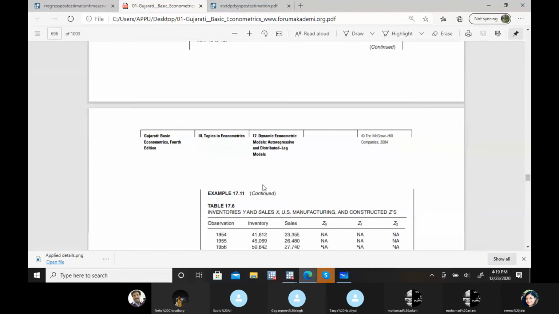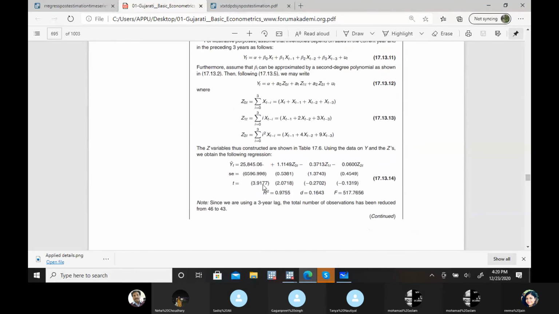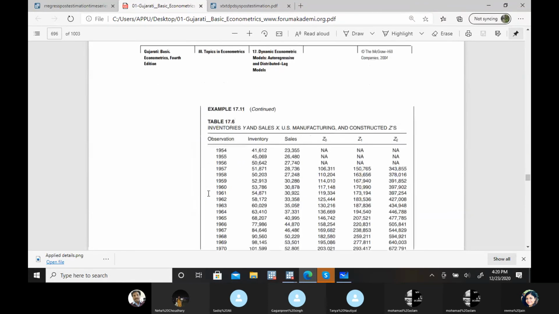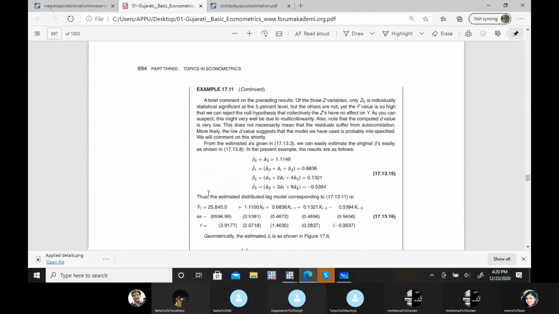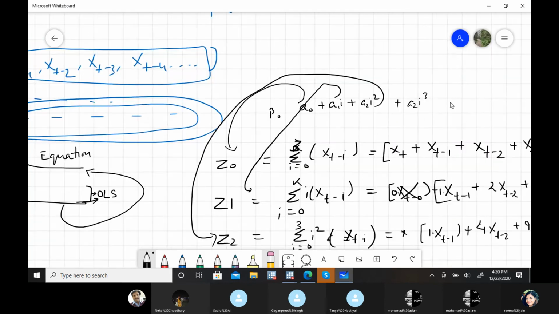Almon's approach, models with the Almon's approach. Let's say they have entered this, and these are the z coefficients. They are a0, a1, and a2. But we need beta 0, beta 1, beta 2, and beta 3. So this is how you have to run this Almon's approach. Okay, first, any doubt in this particular approach?